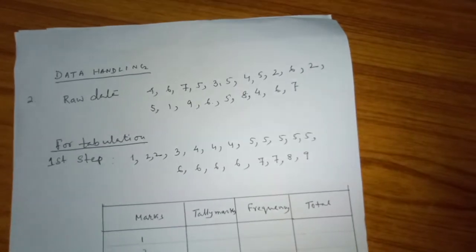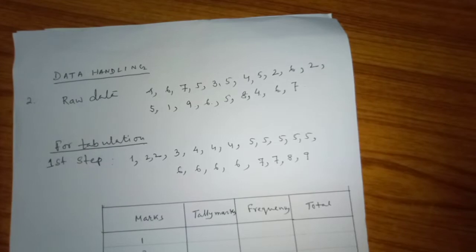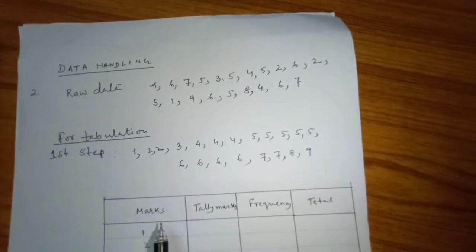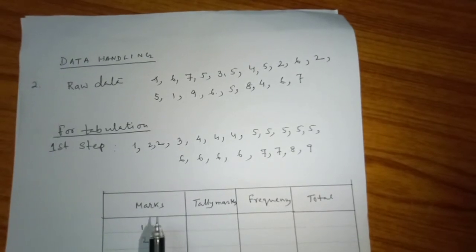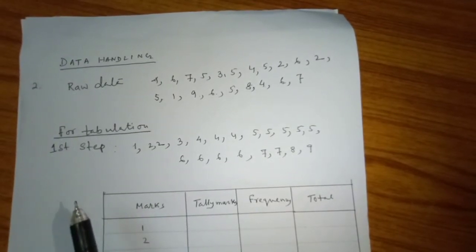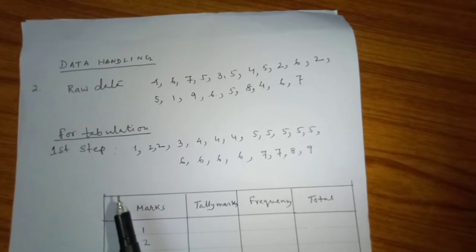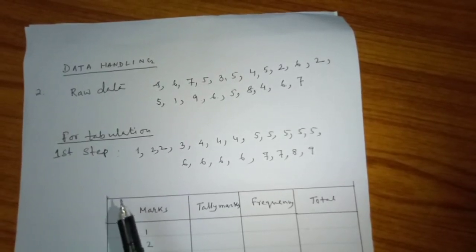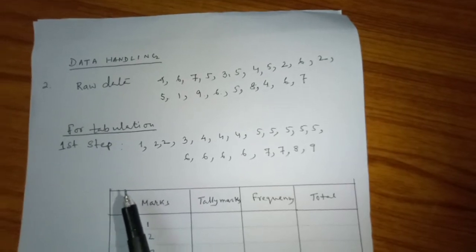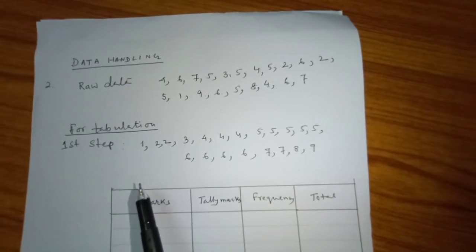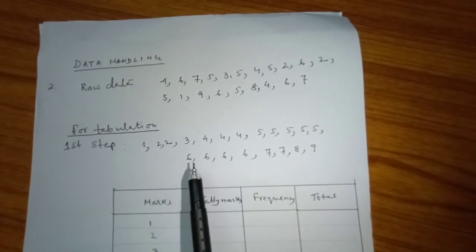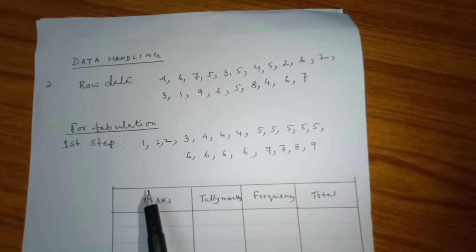Now the present day society is information oriented. In various fields, we need information in the form of numerical figures, which is called data. In this chapter, we will learn what is data, raw data, what is an array, what is tabulation of data, what is an observation, and what is frequency of an observation. These things you have learned in previous classes also. Now you will handle the data with this formation.